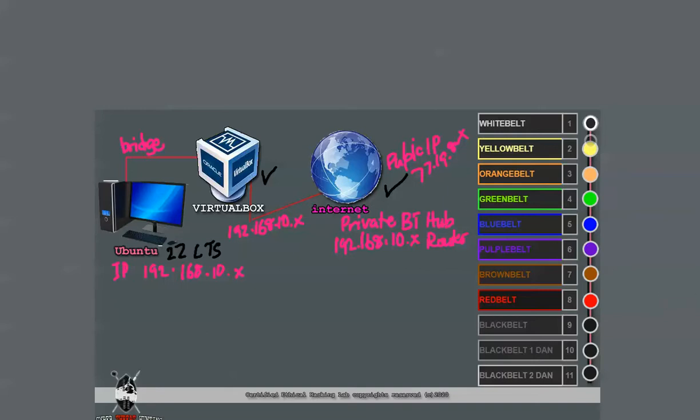Which means that when we make a request, or any traffic is coming in, it is going to go through the public IP address, then go inside passing the private IP address here, then it will navigate into